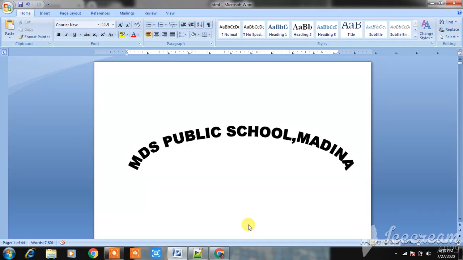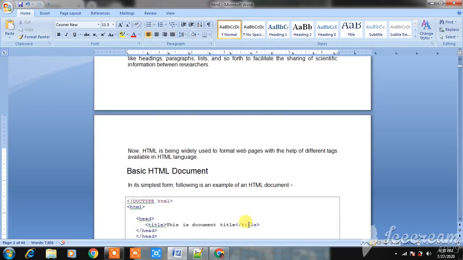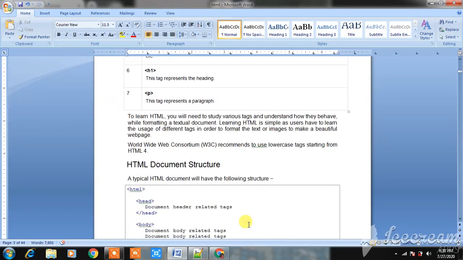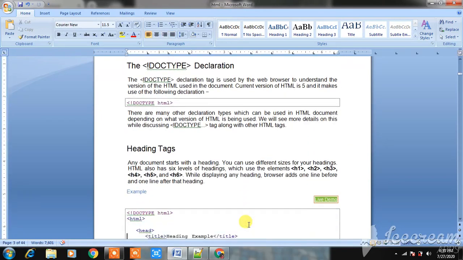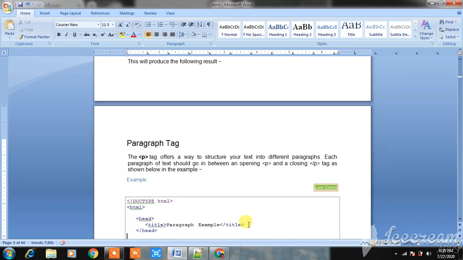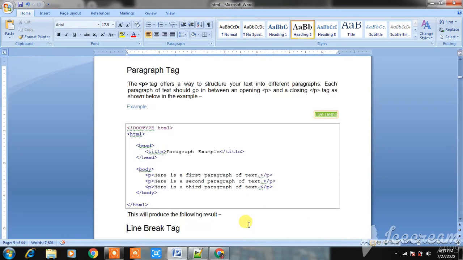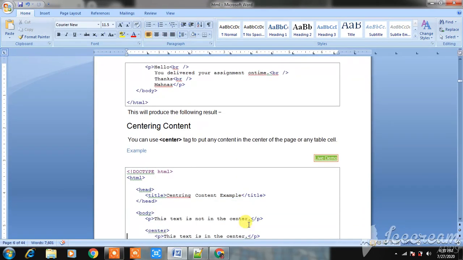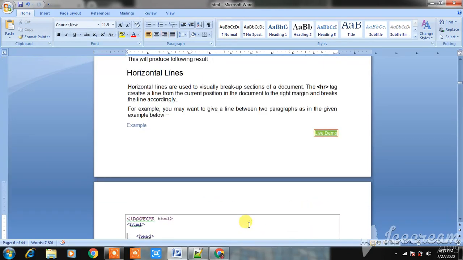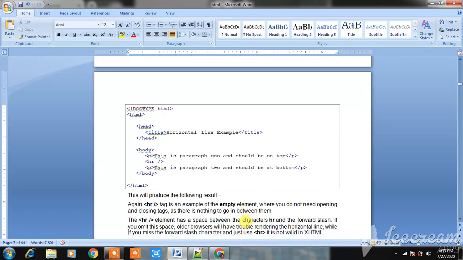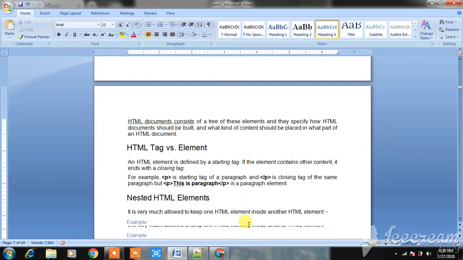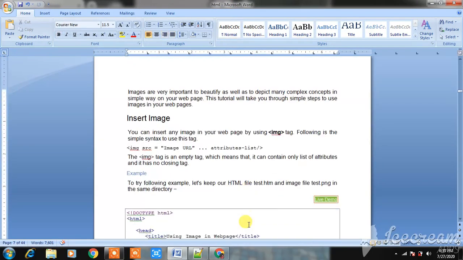In the previous video we talked about basic HTML and lists in HTML, that is unordered and ordered lists. Today's topic is images. In this video we talk about how you can insert images, how you can edit them, provide the location, height and width of images, or you can say the modification of a web page with images. So we'll start now.